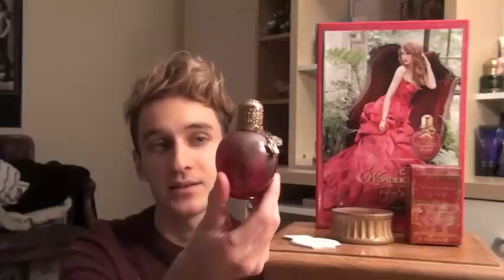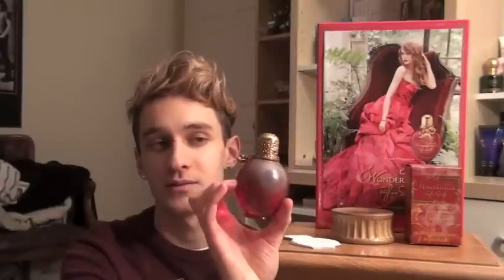Now, it does come with a shower gel and a body lotion, or the travel sprays and all that, but I didn't get any of that. I just got the 50 milliliter bottle. You can get the 100 milliliter, which is twice the size of this, or you can get the 30 milliliter, or maybe you can't. I haven't actually...